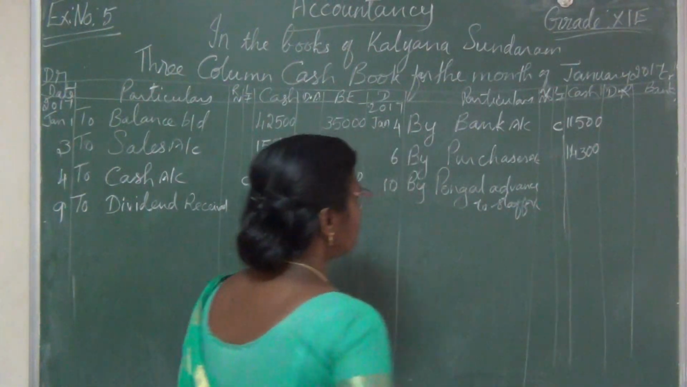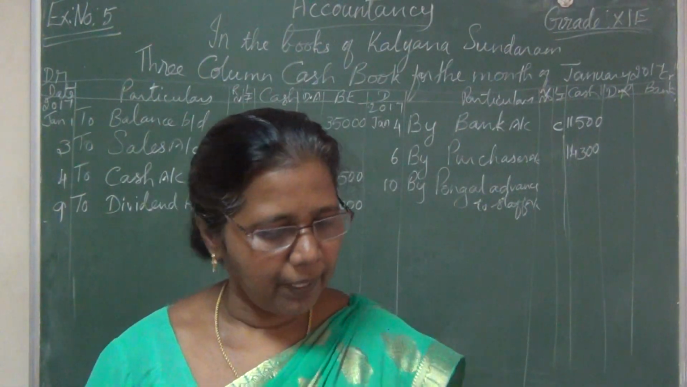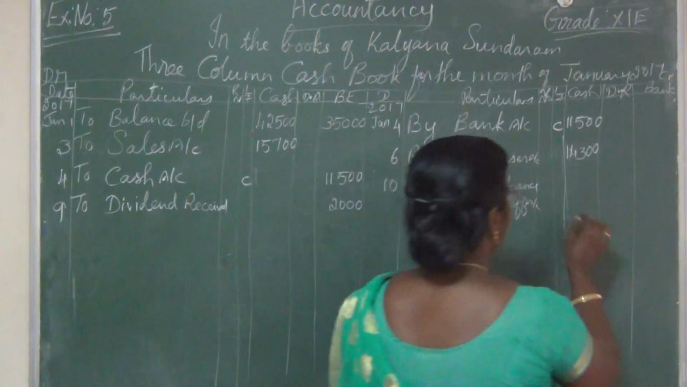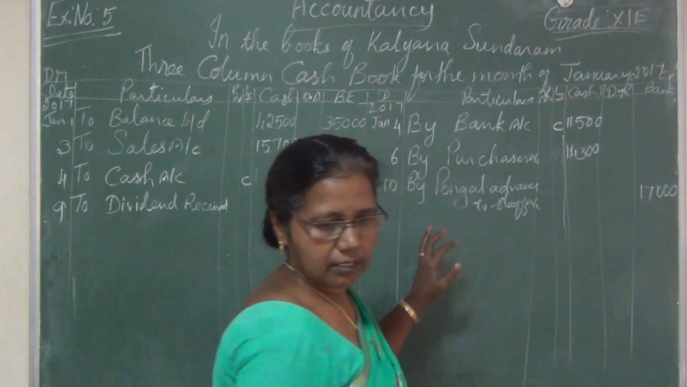Pongal advance to staff account. Write the amount. So through bank is paying. So in the bank column we should write 17,000. Okay. The next one,